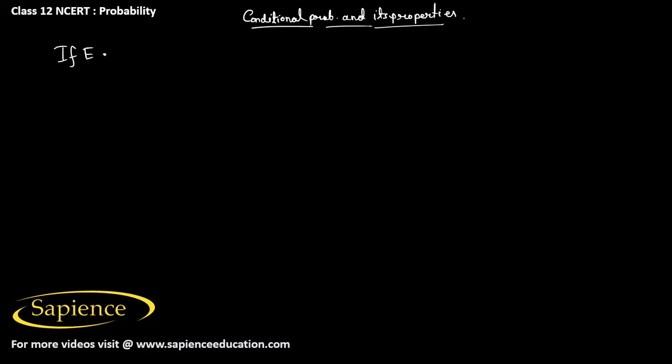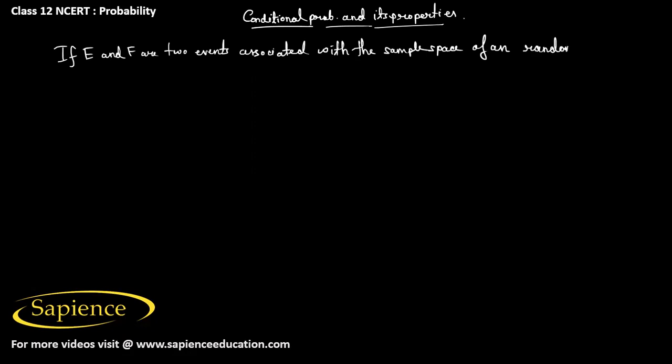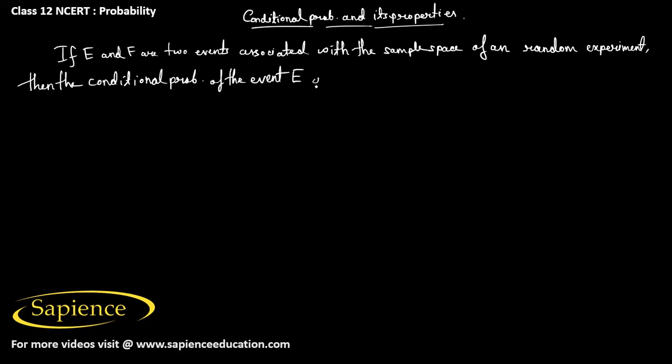Suppose E and F are two events which are associated with the sample space of a random experiment, then the conditional probability of the event E, given that the event F has happened,